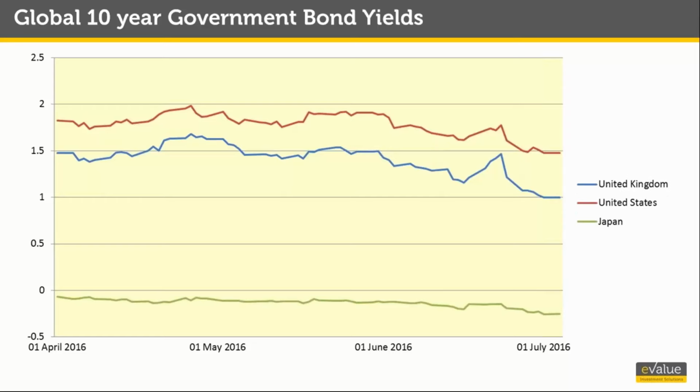Having gone negative for the first time last quarter, Japan is now leading from the bottom, with most of its yield curve now firmly negative. It has now surpassed the prevalent negative rates that we have seen in several European countries, notably Switzerland, Sweden, and Germany.